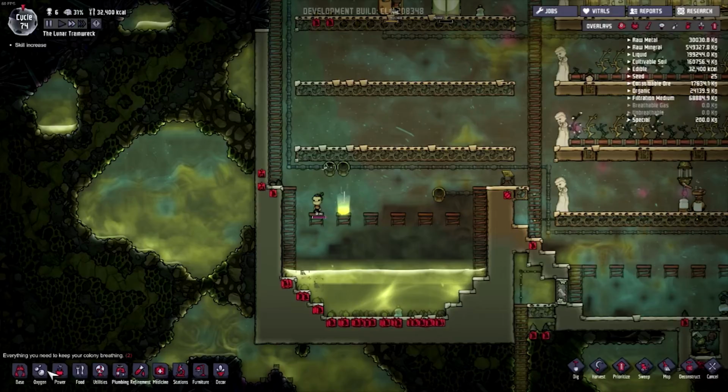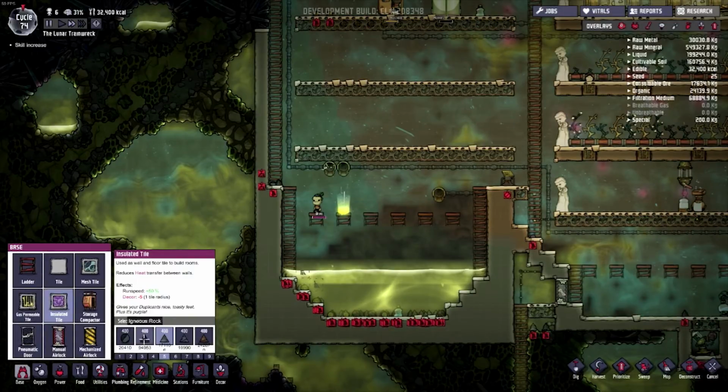Because what I think I'll do here, the reason I'm thinking about this, I think we're going to do insulated tiles. We've got 100 and...